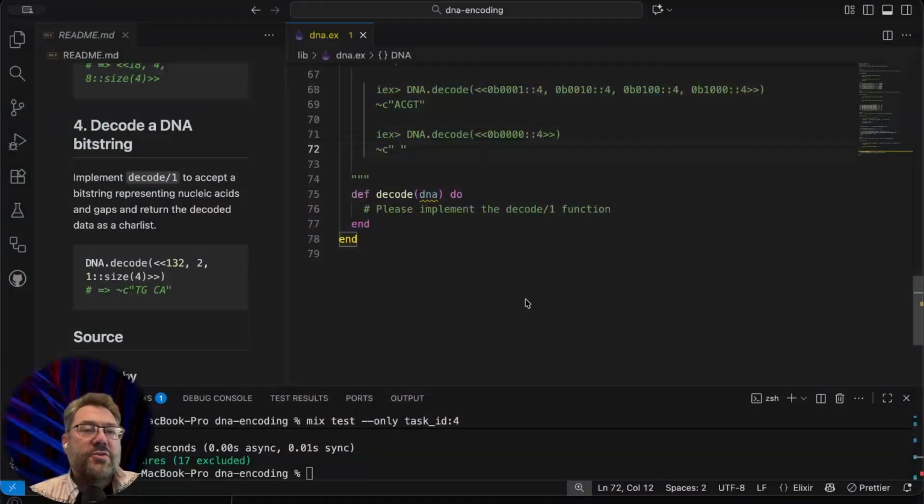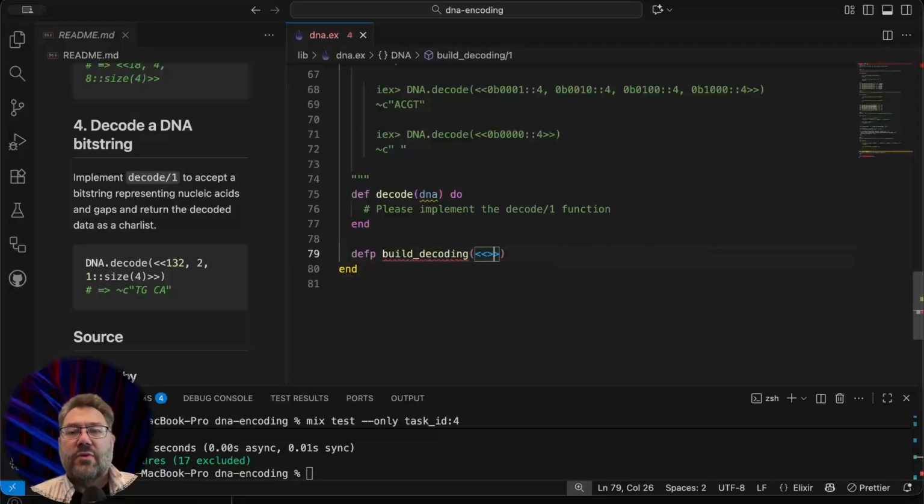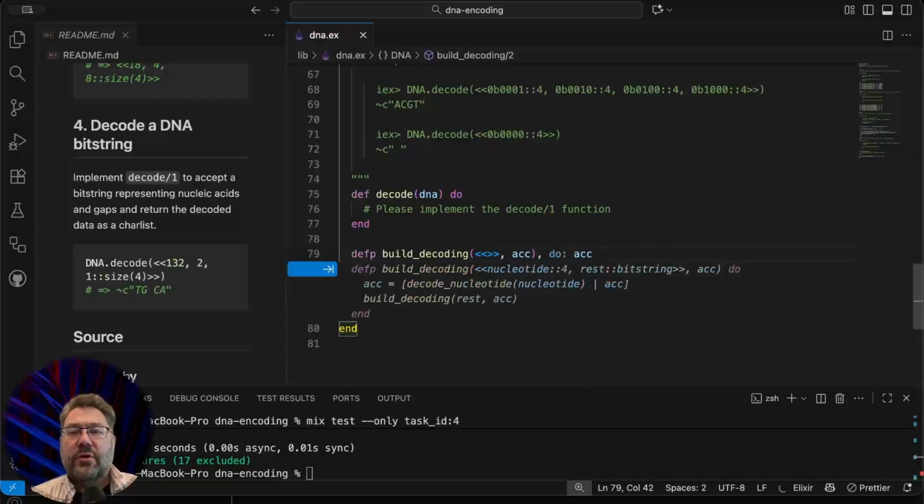Okay, decoding the char list is a lot like encoding it was. We'll need to write a recursive function to decode it. This time we're given the bit string and we want the letters back. So let's create a private function, let's say build_decoding. When we get to an empty bit string, we want to return whatever we've accumulated so far. So that'll be the accumulator. Then,